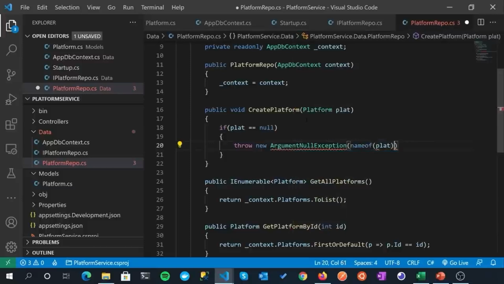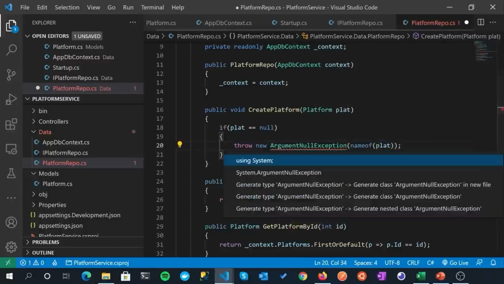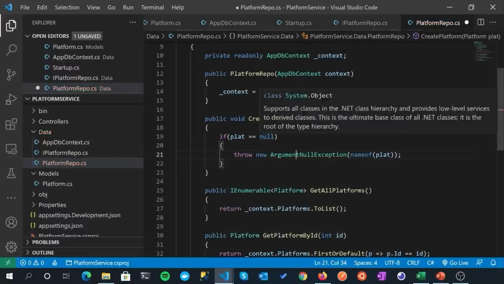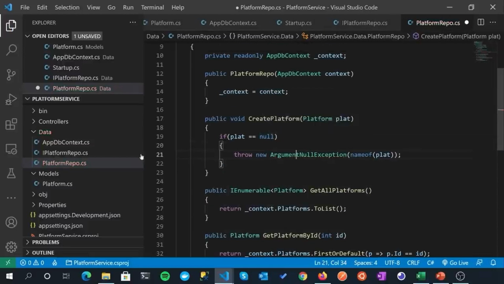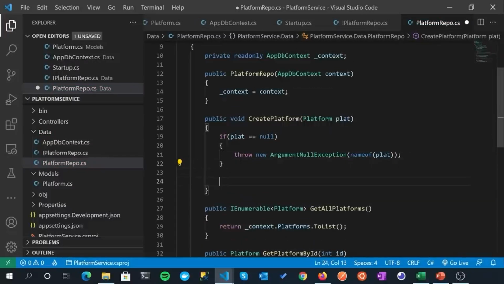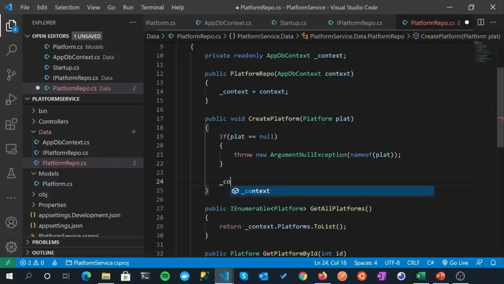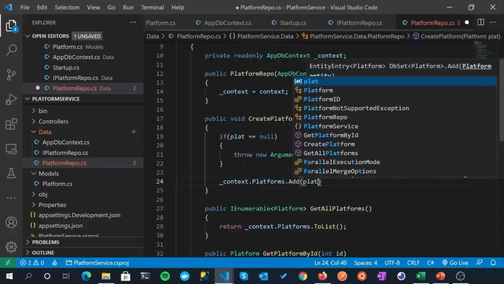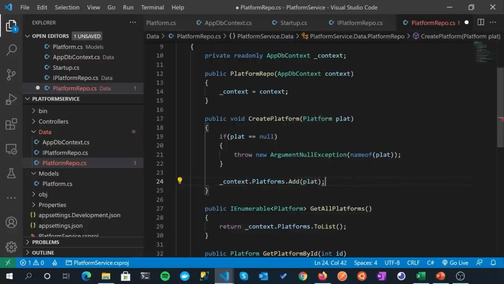Okay, so that just gives us a more descriptive exception, and we'll just bring in that namespace, using System. So if platform is null, if it's not been defined and we're trying to create one, then we'll just throw this exception. Otherwise, quite straightforward. context.Platforms.Add, and then we just add the platform object that we've been passed in.